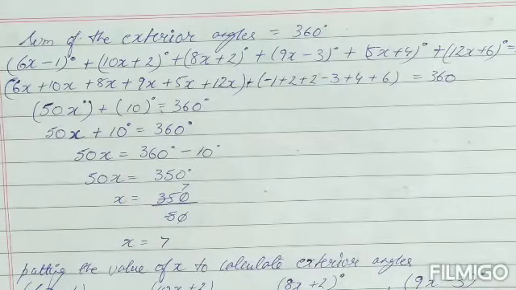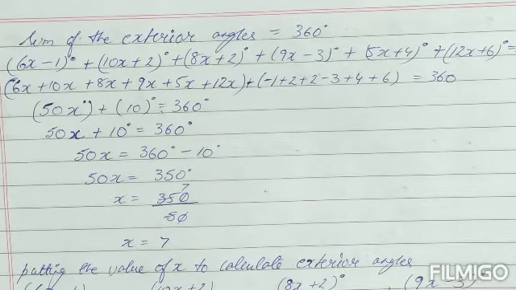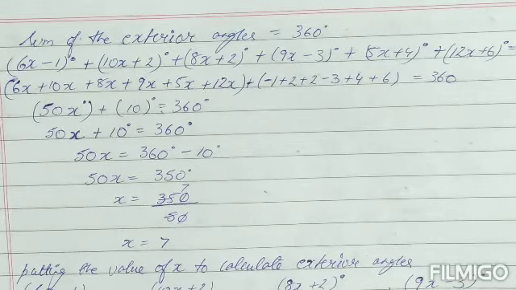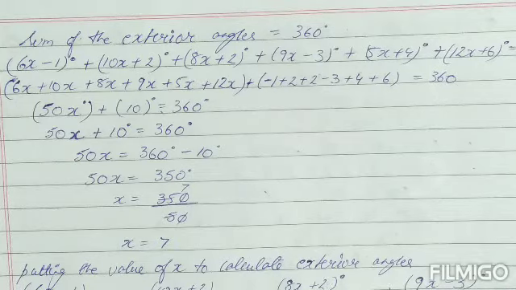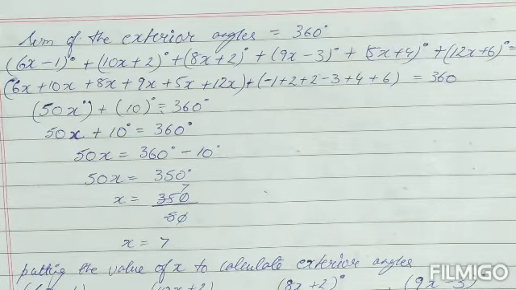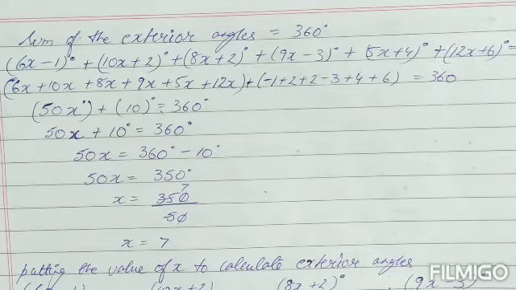Question number 6, children. It says find the sum of the exterior angles which will be obtained on producing in order the sides of a polygon, where the sides are given, that is 7 sides, 10 sides or whatever. Now one thing to be kept in mind over here, children: no matter how many sides the figure has, the sum of the exterior angles is always 360 degrees only. So over here no solutions are there.